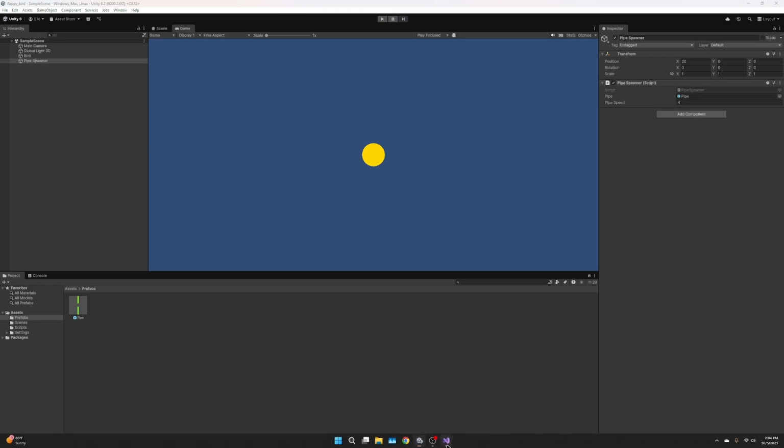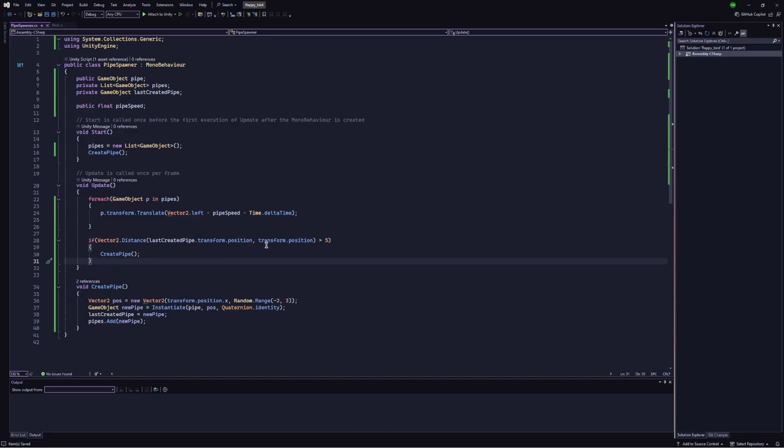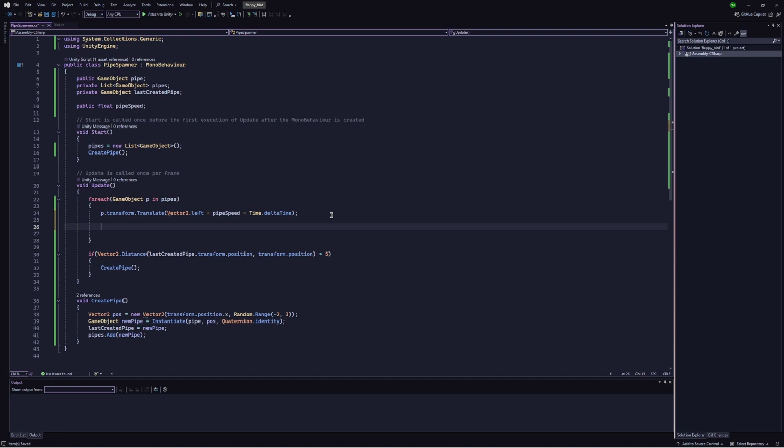So let's delete them after a while. Okay. So what we're going to do is, as it's looping through pipes, if p.transform.position.x is less than or equal to -20,